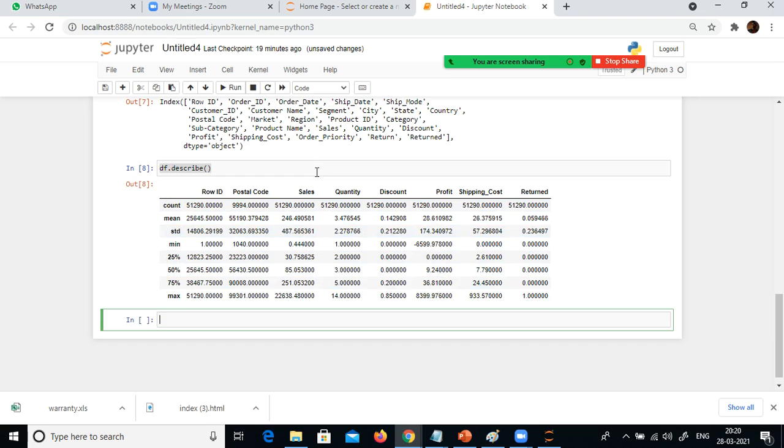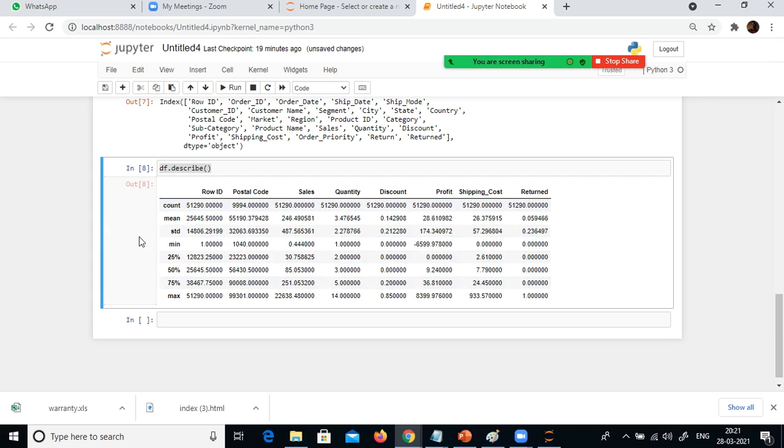So we can see all this information, but postal code, though it is a numerical variable, doesn't make sense to include when computing the 5 number summary. It doesn't make any sense. And the row ID is kind of a unique key, something like that. So these two columns are not required. So what we will do is drop these two columns, or simply exclude them and keep only the relevant columns.